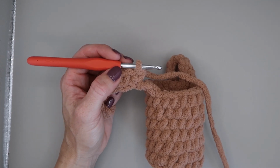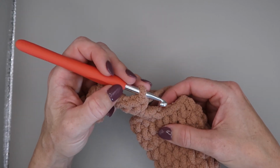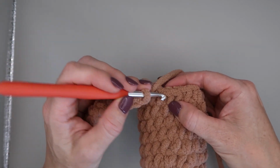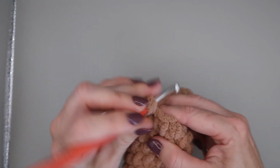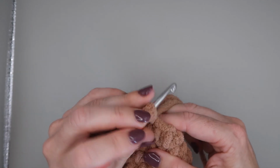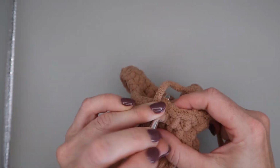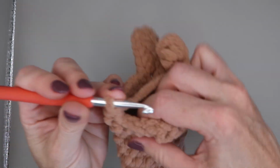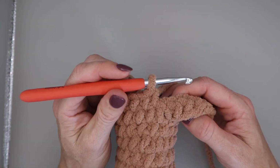So this time for this round, we are on round 8. We are going to single crochet around our whole kitty cat. So we've got 16 single crochets in this round. So here's 1 and 2, here's 3 and 4, and 5 and 6, and 7 and 8. Now at this point we should be right where this arm is, so we're going to